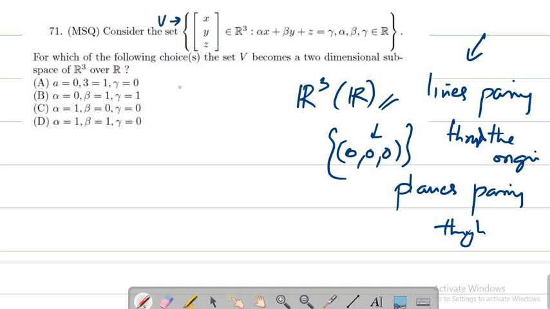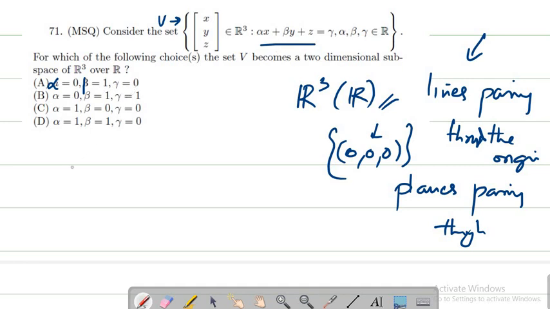So we are asked, and this is also again beta, not 3. It's a small typing mistake. Okay. So basically, this is actually an equation of a plane in R3. And we just have to substitute and check which are the following the two-dimensional subspaces. If you substitute, this is again alpha.